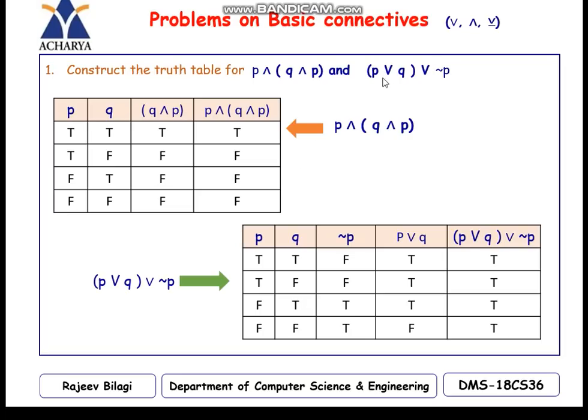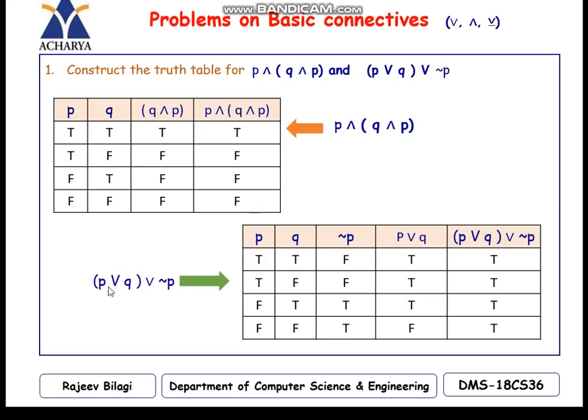The next is which is there in the bracket, P or Q. I have written here P or Q. What is the statement? If both are false, then it is false. Otherwise, it is true. Or if any one of these two is true, then it is true. Otherwise, false. Okay. If you look at P or Q, this is T. T and F, it is T. F and T, it is T. F and F, it is false.